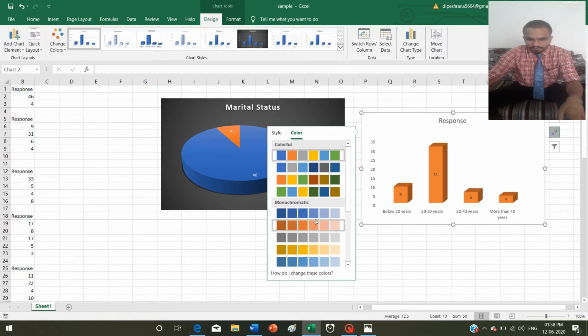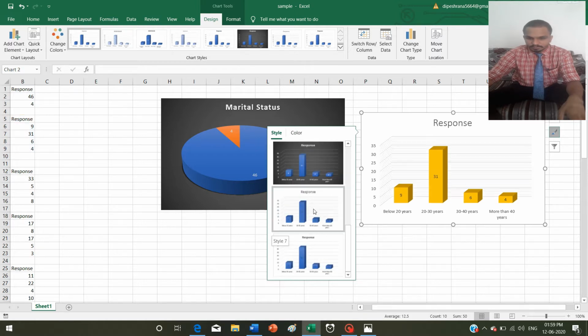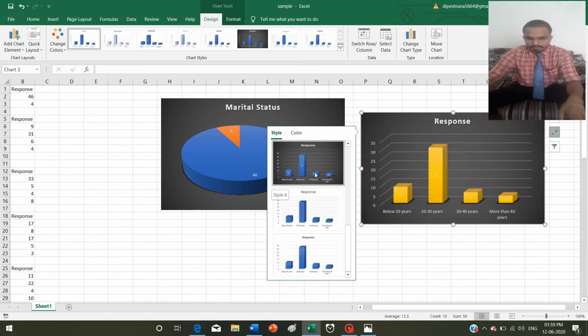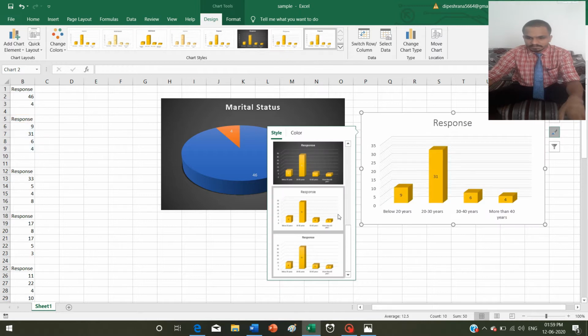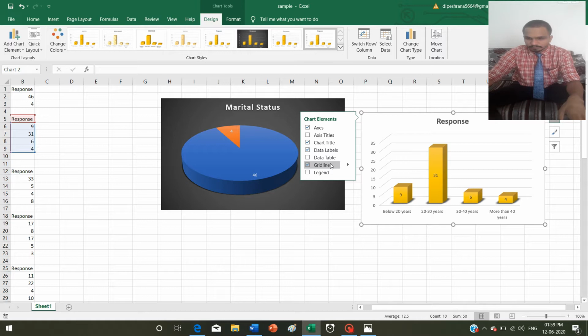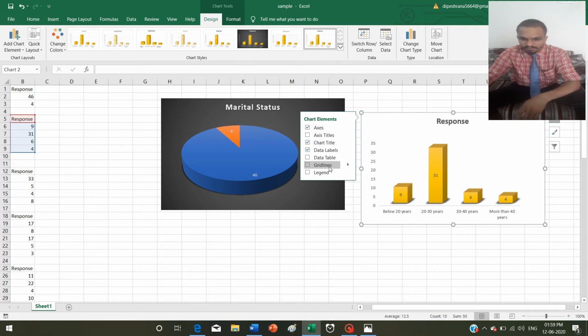And here are the colors also. You can choose colors as per your need and want. Let's take this yellowish one, and the style. This looks good. I will remove these grid lines.